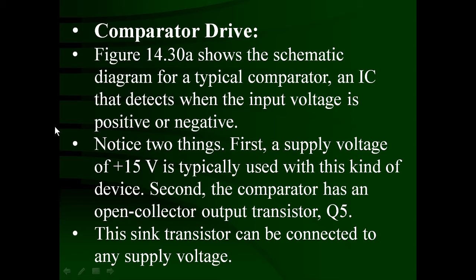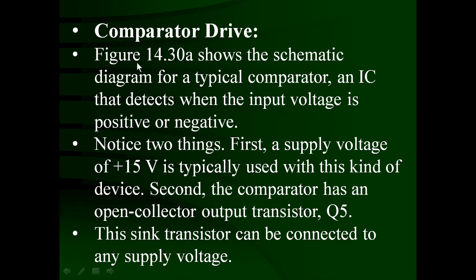Moreover, in the LM339, there is an output transistor, and that output transistor Q4 is an open collector transistor. That means its collector is going to be floating, where you can connect a pull-up resistance, and another end of the pull-up resistance you can connect to any value of the supply voltage which you require. In TTL, we require the input to the TTL to be 5 volt, so we can connect the VCC voltage of this open collector transistor to the 5 volt.